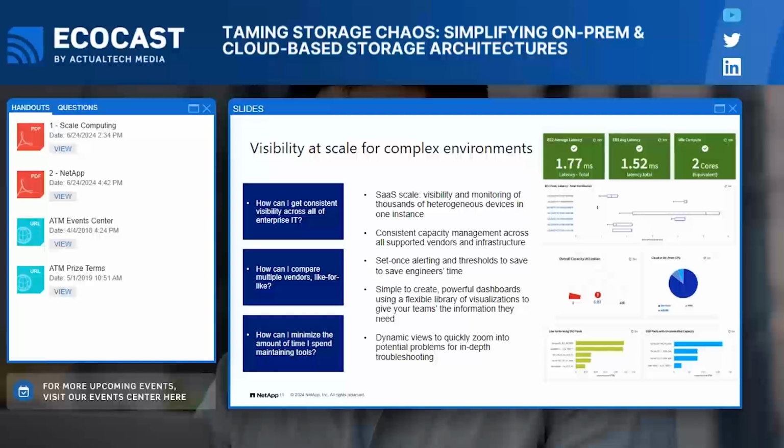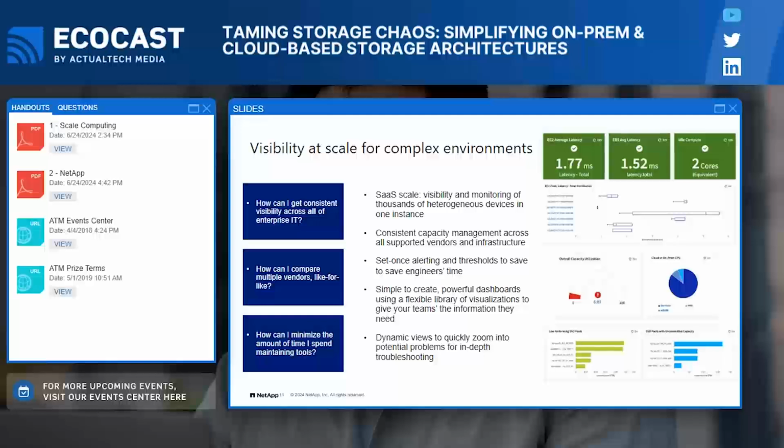Installation's easy. I get most of our customers collecting data in about an hour, and you can use that data immediately. We have a gallery of dashboards and standard alerts based on best practices to get you started. Our dashboards are easy to create and edit. And the interface, as I've been saying, is intuitive and consistent.